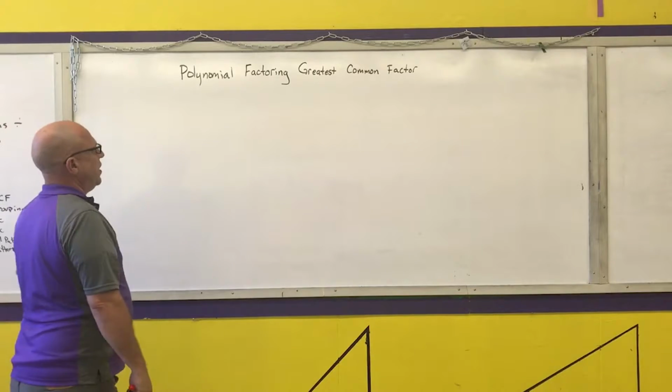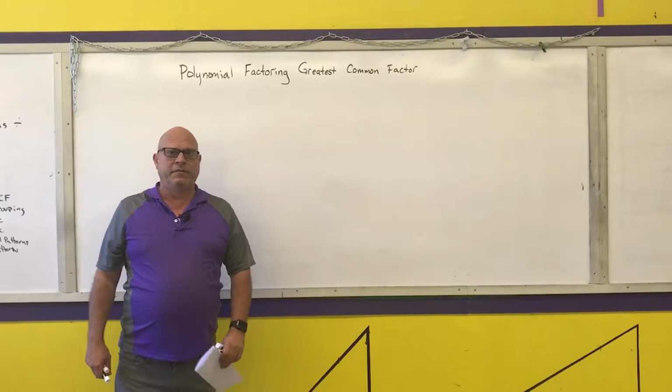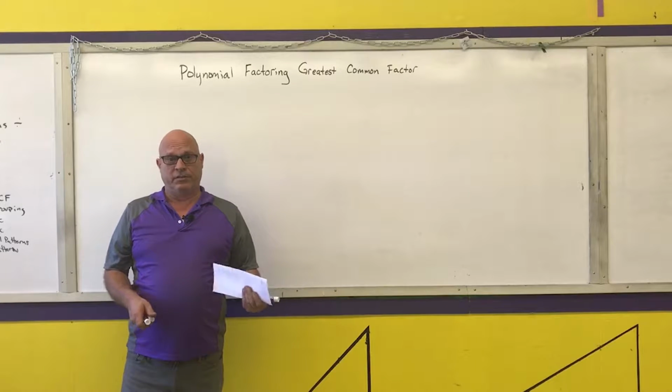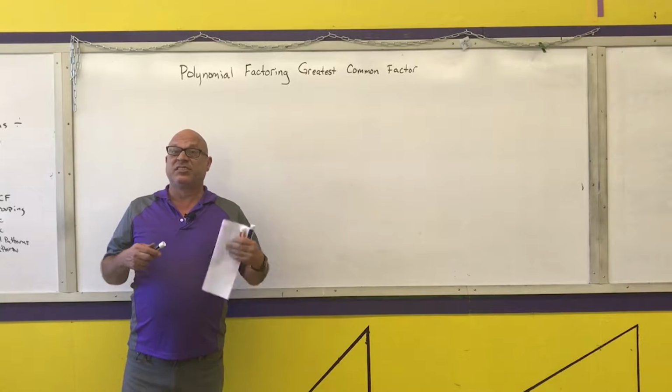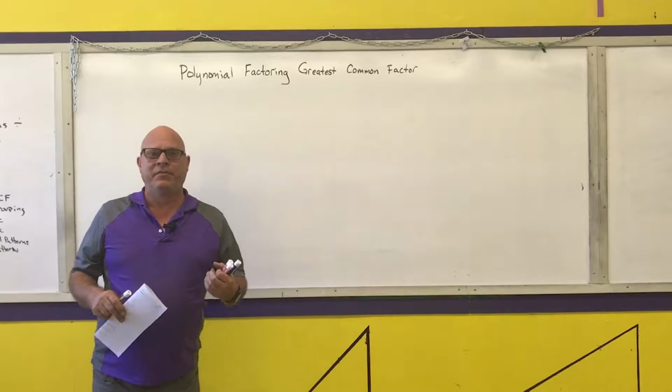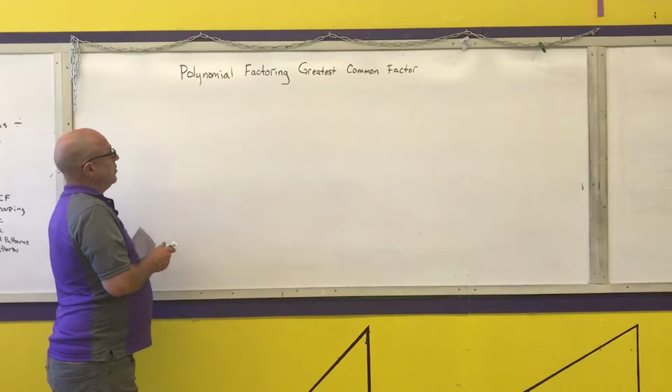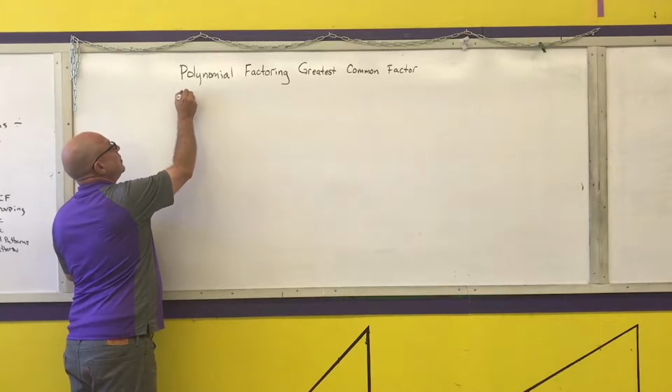Our next skill with polynomials is factoring, and the first factoring thing we're going to do with polynomials is factor out greatest common factors. It's similar to finding the common factors between two numbers that are just numbers. So to find a GCF,